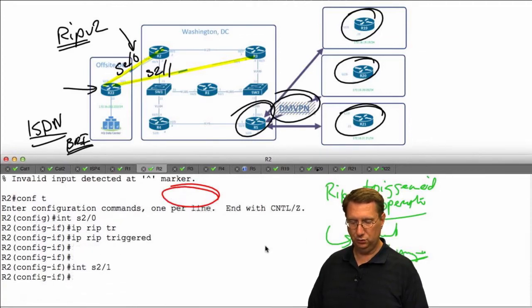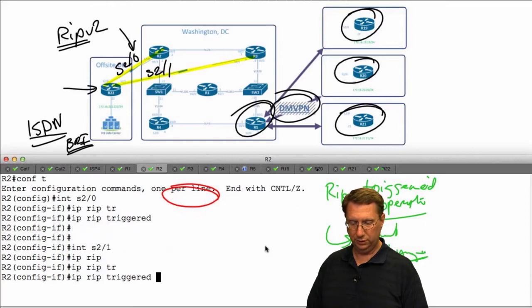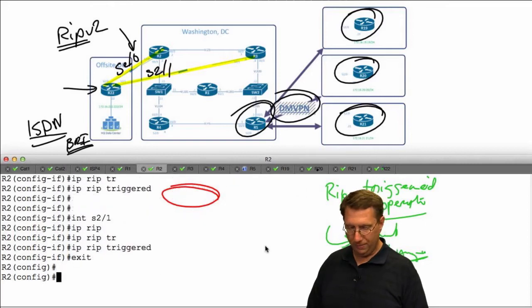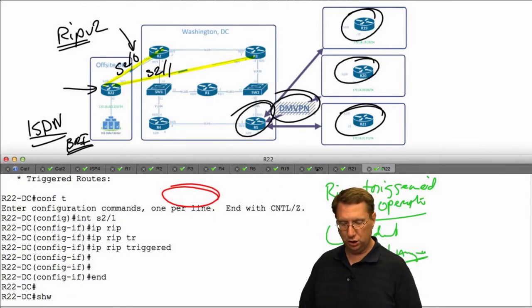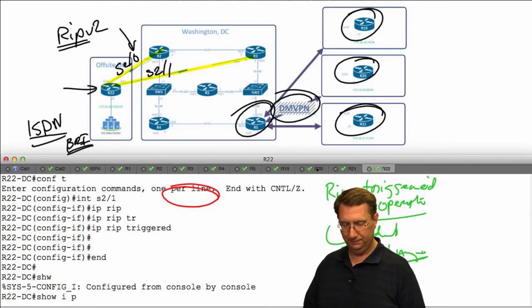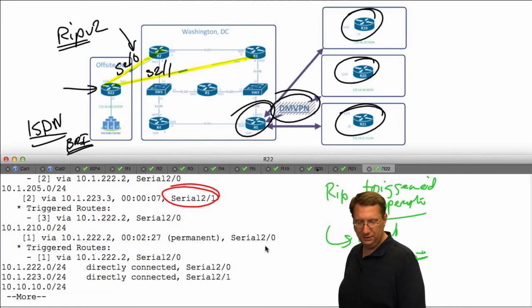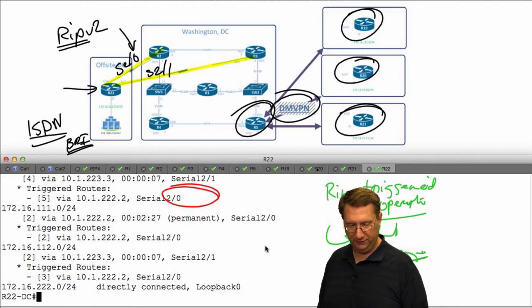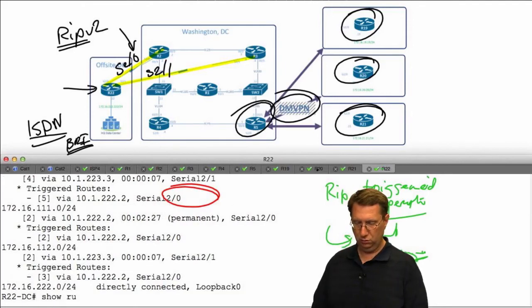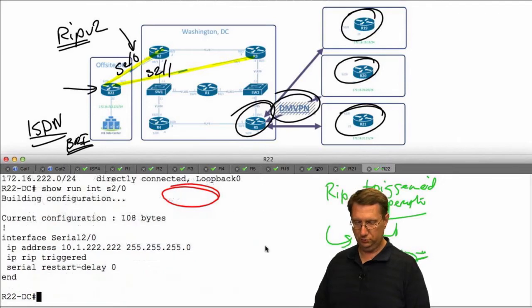Interface serial 2.1 IP RIP triggered. Now when I go back over to R22, what I'm going to find is that I'll have more entries. Show IP route, IP RIP database. I should see more entries in here with regard to triggered permanent prefixes. Let's see, show run interface S20 RIP triggered, S21 RIP triggered,